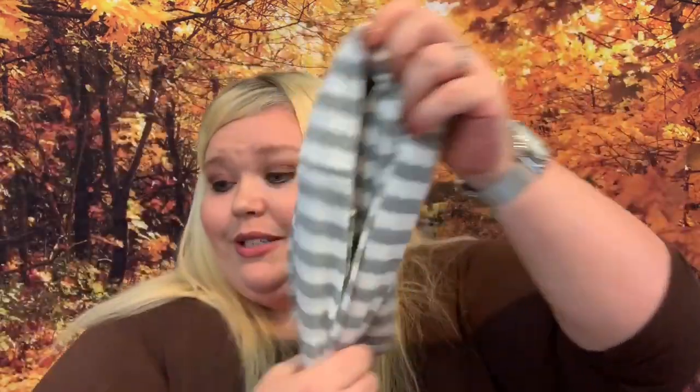So yay, I am so excited. I like taking the little thing off because this is going to go with my other scarves as soon as I'm done. So again, I'm so excited about that. All right, and then we have